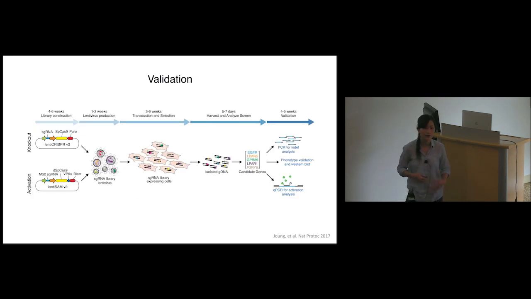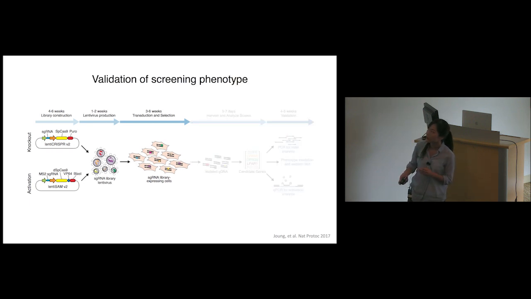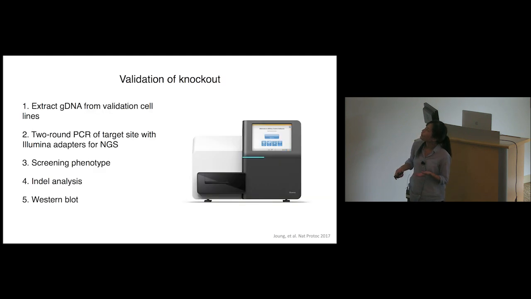All right, and the very last step of screening is the validation. As I mentioned, screening is a very noisy process, so you want to verify individually whether or not your guides actually lead to the phenotype that you want. So for validation, we go back and we package each guide RNA that was enriched in the top hits individually. There's a cloning process for cloning single guides. We use Golden Gate assembly for this. We package this into a small T25 worth of lentivirus, transduce this, and for knockout, we have a protocol for extracting